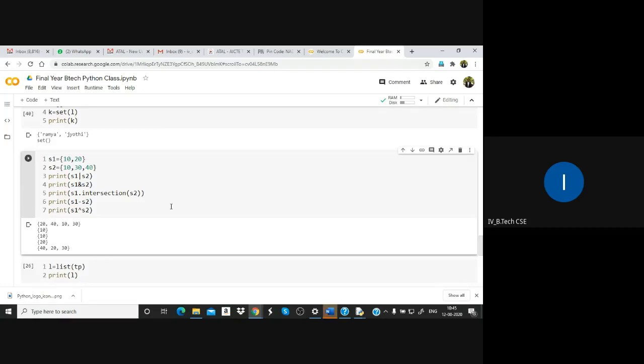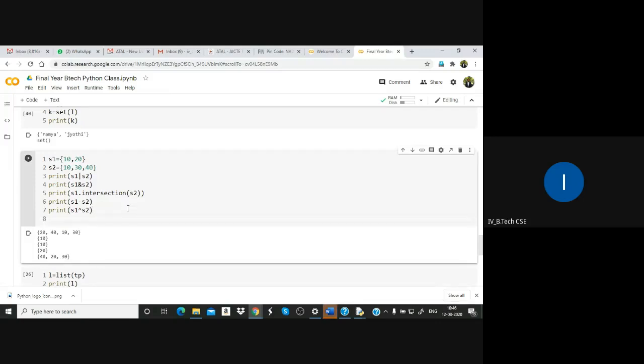Symmetric difference means the things which are only in S1 and not in S2, that is 20, and the things which are only in S2 but not in S1, that is 30, 40. So 30, 40, 20, because 10 is the common element. Eliminating the common elements and joining all the remaining elements of the sets is known as symmetric difference, which comes with this cap operator.